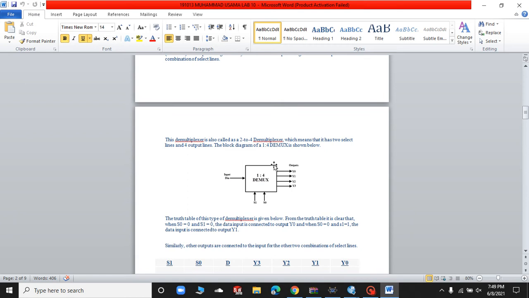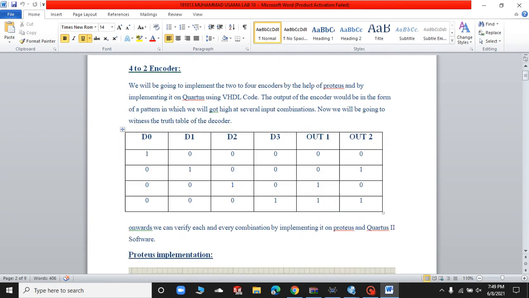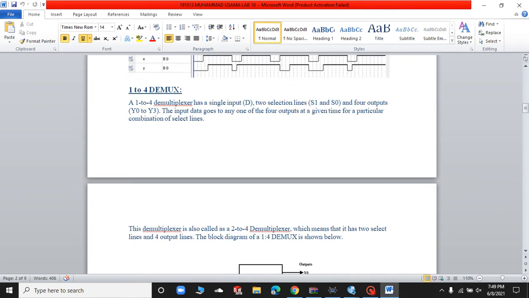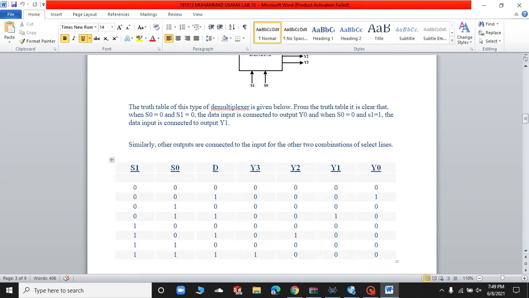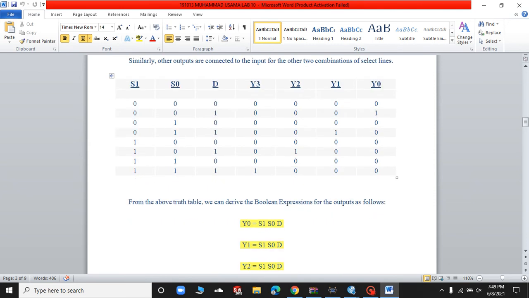We have two selection pins, and the number of selection pins depends upon how many outputs we are giving to the demultiplexer. So this is the table for the demultiplexer. Since the demultiplexer is the inverse of the multiplexer, all the equations will get swapped or inverted, you can say.